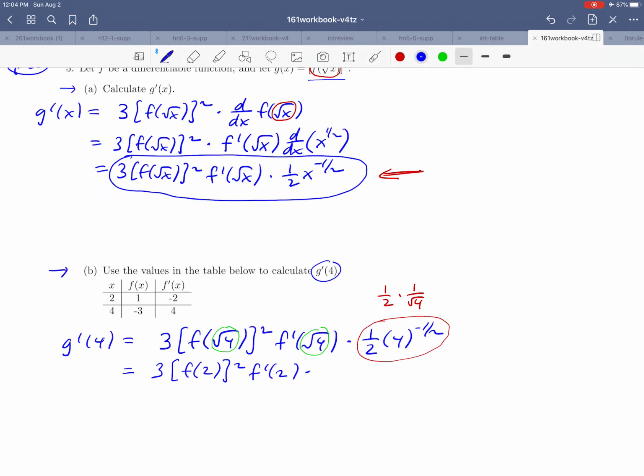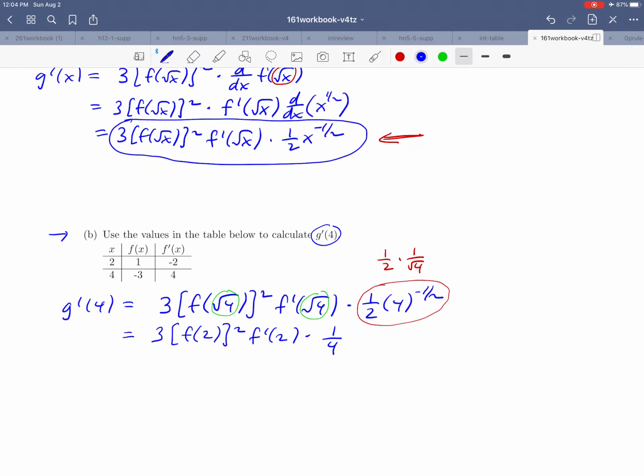So what we've got on the end there is basically 1 over 2 times 1 over 2. That's going to put a 1 over 4. That entire circled part simplifies to 1 over 4. And what's left is